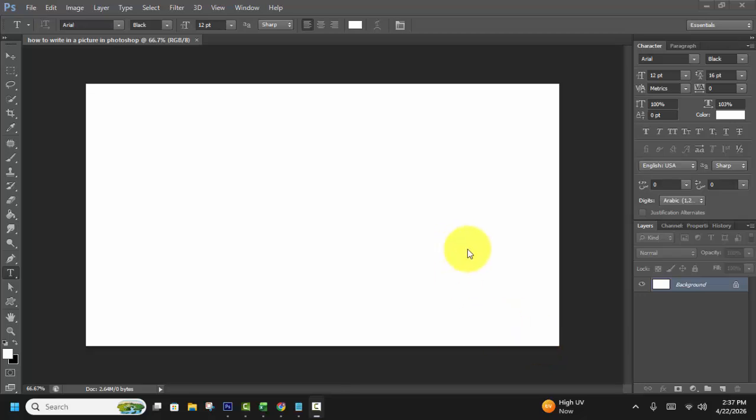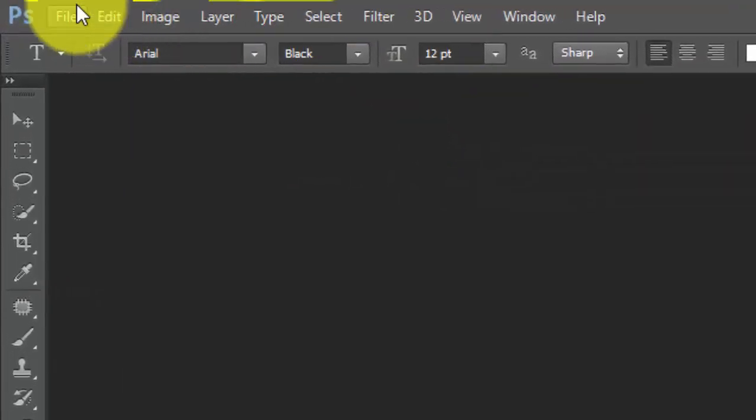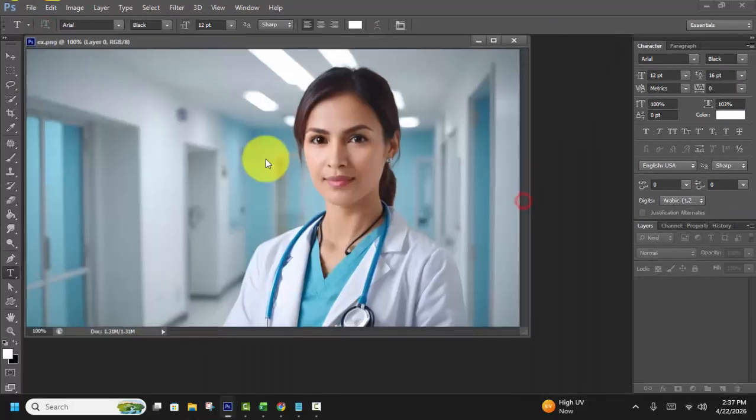Hello everyone, in this video I will show you how to write in a picture in Photoshop step by step. So let's begin. First, open your image, then